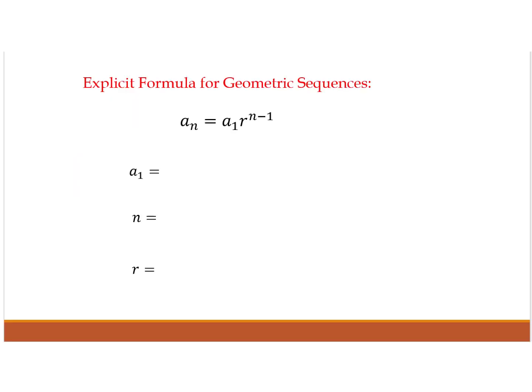All right, just like in arithmetic sequences, in a geometric sequence, you're going to have 2 formulas. They are going to be on that formula sheet. You will have an explicit formula and you will have a recursive formula. The explicit formula for a geometric sequence is a sub n is equal to a sub 1 times r to the n minus 1, where a sub 1 is the first term,